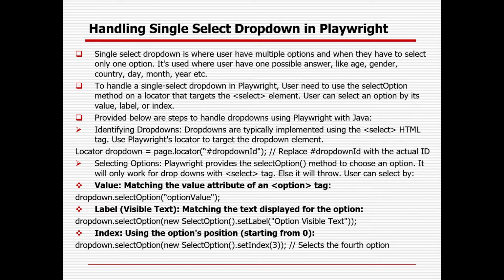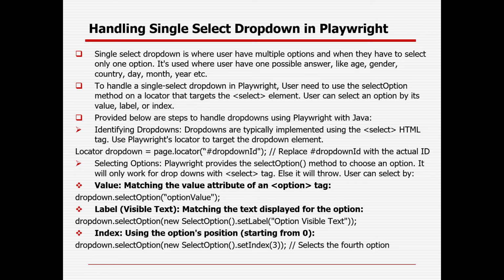Whenever you are dealing with any web page, you might be seeing some dropdown. It can be single dropdown, it can be multiple dropdown. But you need to deal with that dropdown. You need to first identify the element and select a particular option in case it is single dropdown, or maybe multiple options in case of multiple dropdown, and after that you can do the operations accordingly. So single select dropdown is where the user has multiple options and has to select only